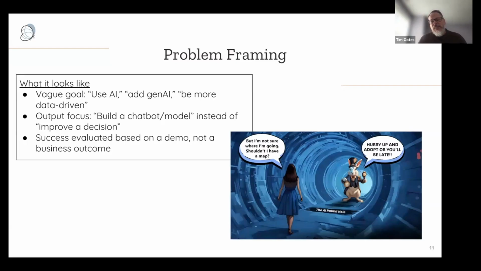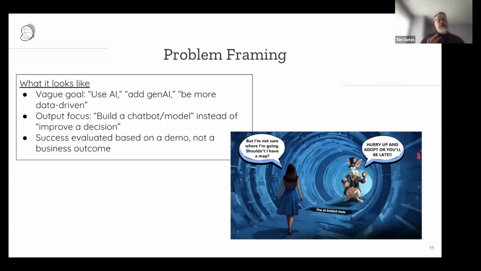And so there's this AI rabbit hole you can go down, and the rabbit is going, hurry up and adopt or you'll be late. And Alice is like, I don't know, I'm not sure where I'm going. Shouldn't I have a map of this thing? And I think a lot of people wind up going down the rabbit hole. And what it looks like is